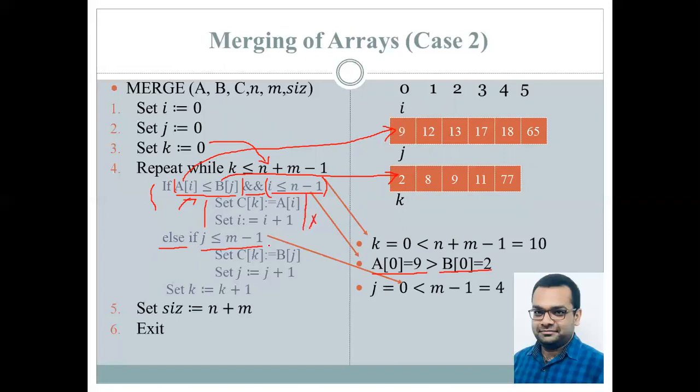So the value of j is less than or equal to m minus 1. Yes, this is true. j is 0 and m minus 1 is 4. This check is true. Therefore, C of 0 gets the value from B of 0, that is the lesser of the two values. Oh, sorry, C of 0 gets the value B of 0 and the value of k will now be